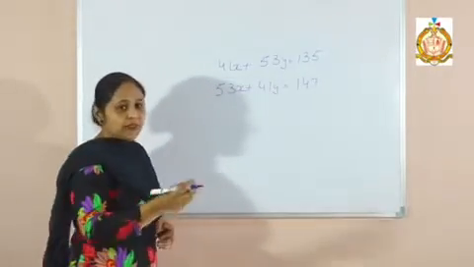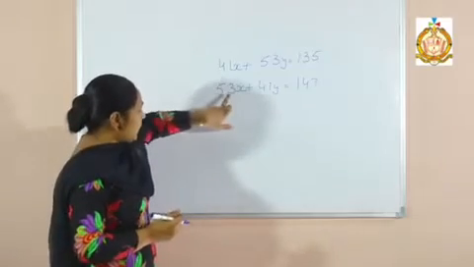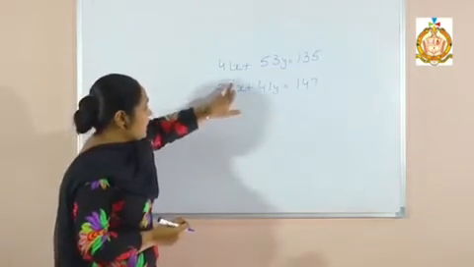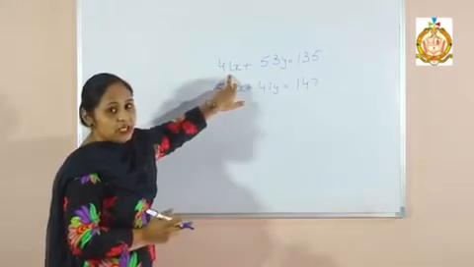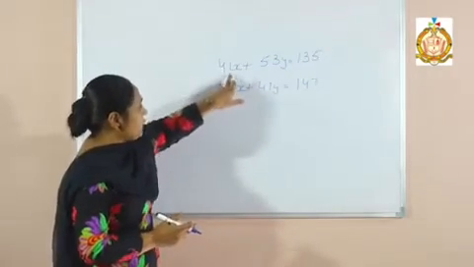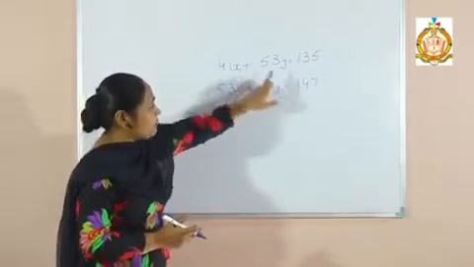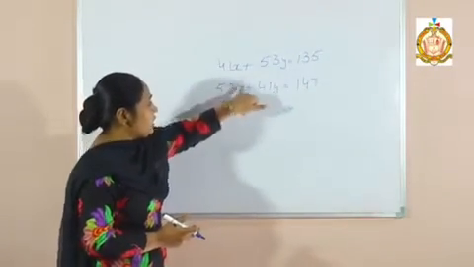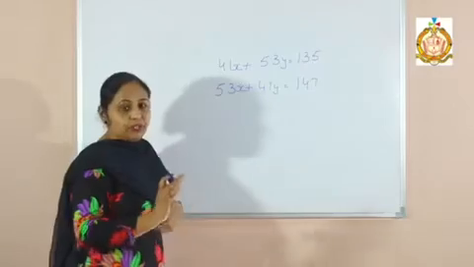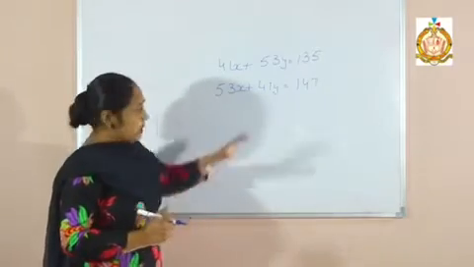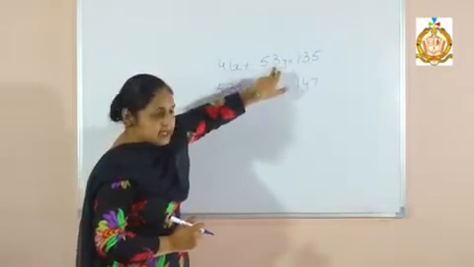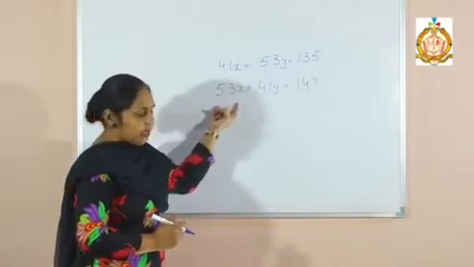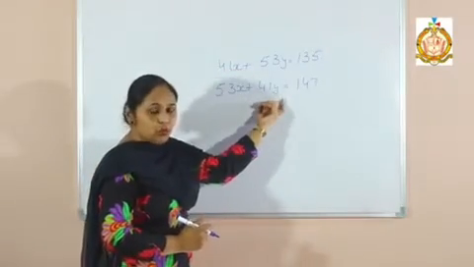Now if I use the already used concept, then I have to multiply the first statement with 53 and the second statement with 41. That means too much typical work. 41 multiply 53, 41 multiply 41, 41 multiply 147, and the same for 53 multiply 41, 53 multiply 53. The calculation will be too hard. So what to do? Like in this sum, the coefficient of x and y are interchanged, the coefficient of x becomes the coefficient of y, then what to do?